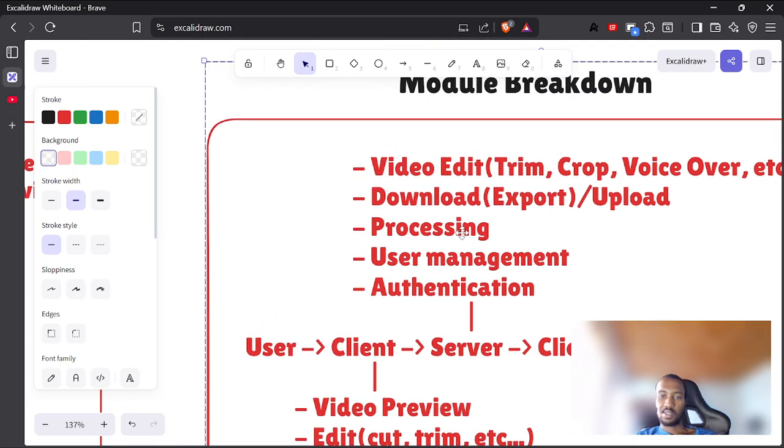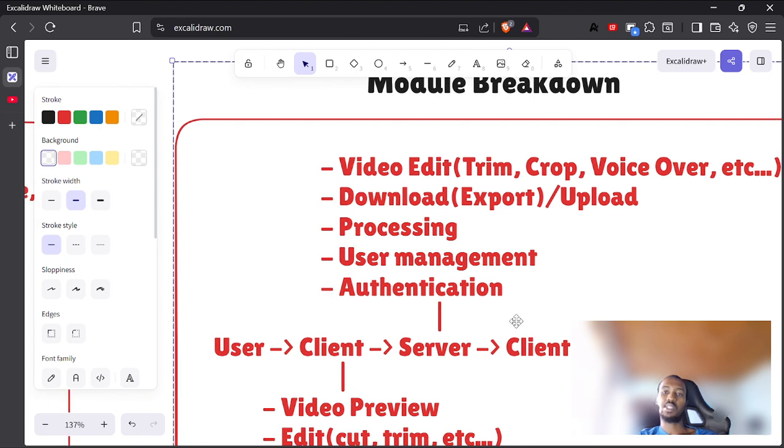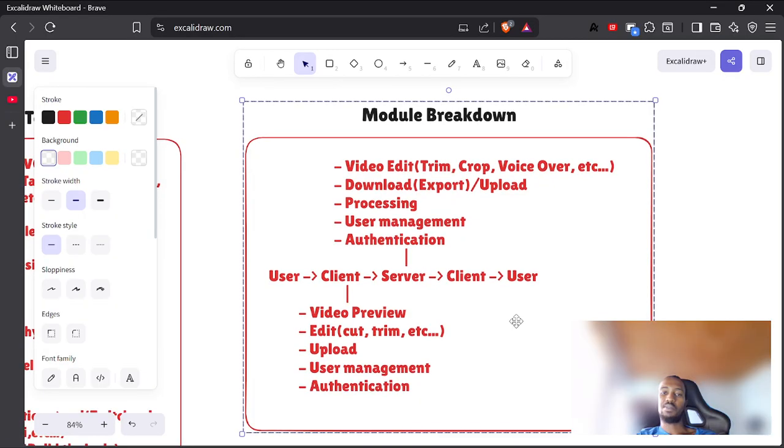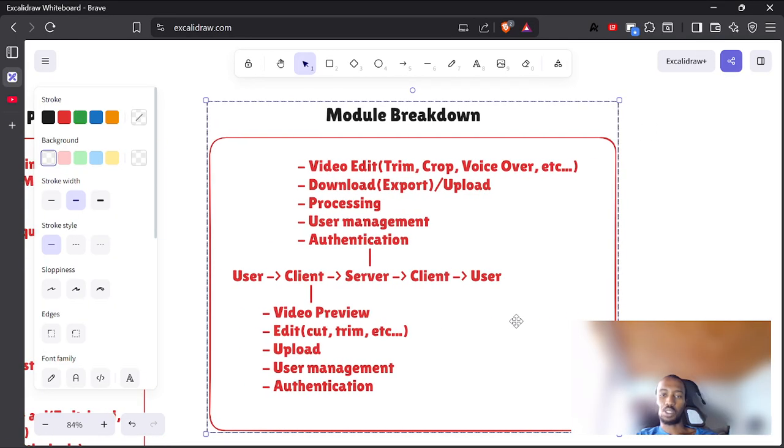and all of this needs to happen for us to have a good client interface. And then this needs to happen on the server side: video edit, download, processing, user management, authentication. So once you break down your module, you now have at least a task you can work on, right? So I can decide, okay, I'm going to start with working on